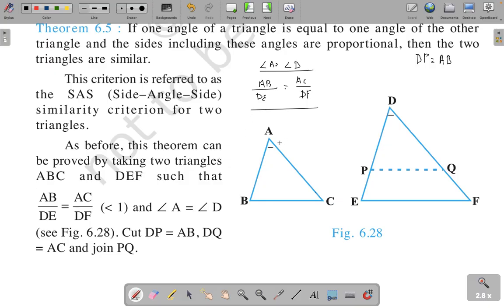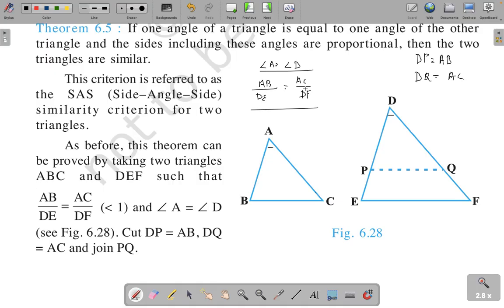Now we have to prove that all angles are equal and all sides are proportional, right? So the first thing you do is draw DP such that DP equals AB, right? Then draw DQ such that DQ equals AC,